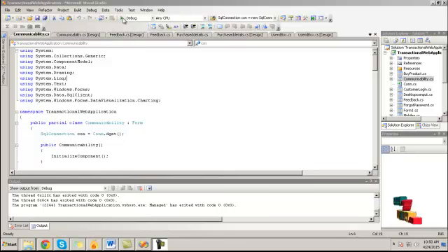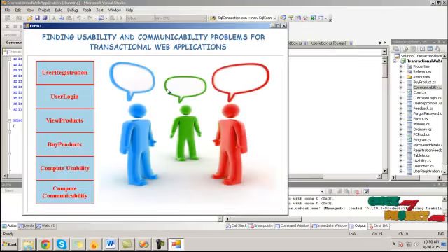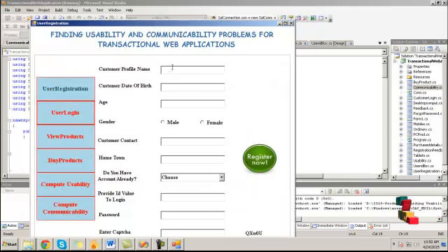Let's see the demo of our process. We run this process by clicking on the run button, and this is our exhibition page. Click on the user registration button. Here we have to create a new registration form for the customer. Provide profile name, provide date of birth, then provide age value, choose gender value here,